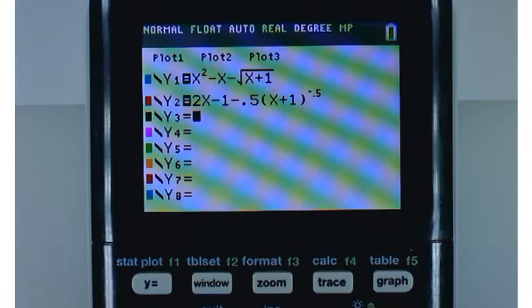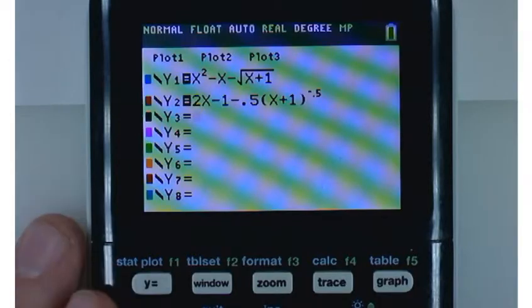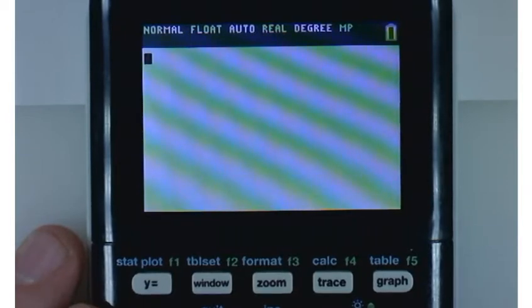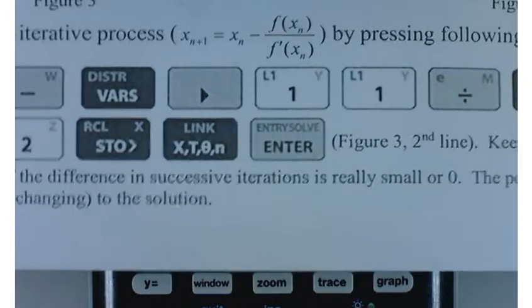Let's look back at our graphs. Let's take it easy on ourselves. A modestly accurate initial guess would be, say, 2. 2's not bad. Newton's method converges really fast, so you don't have to worry about getting obsessively close. So we'll let 2 be our initial guess. So let's go through that process again. Exit this. Take 2 and store it in x, like that. And then you can work your way through those sequence of commands down here at the bottom of this page,